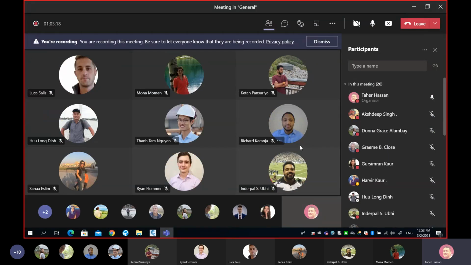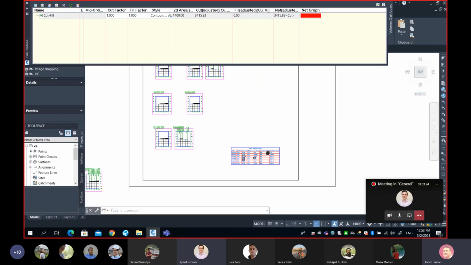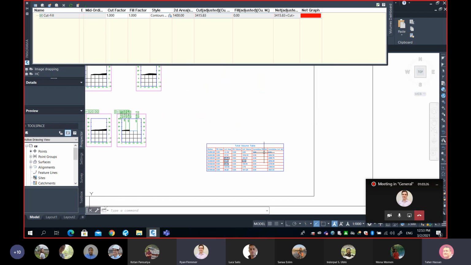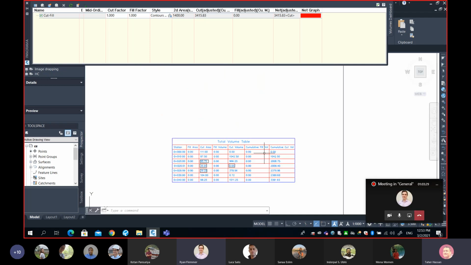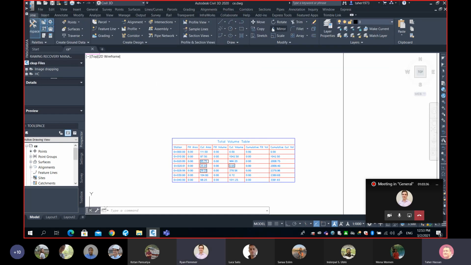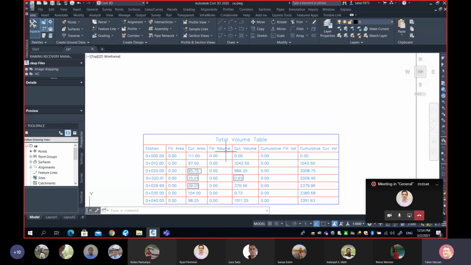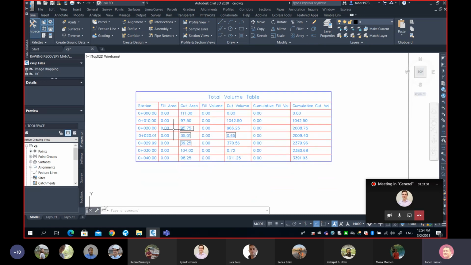Any question before you guys break? Can you update that table to reflect a different change or a different calculation for your volumes? Like if we wanted to use Prismoidal, is there a way to just quickly update that? To be honest, I'm not sure. Or just make a new one, I guess, probably is the easiest. Maybe, but I'm not sure. I never did this. But to be honest, here is the point. We know that we should use Prismoidal, but the thing is, if I use Prismoidal, the tricky part is,